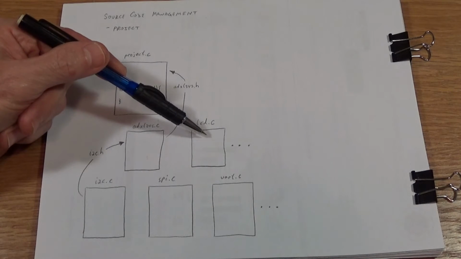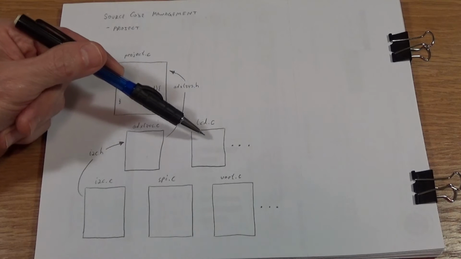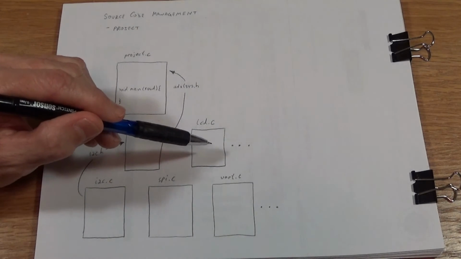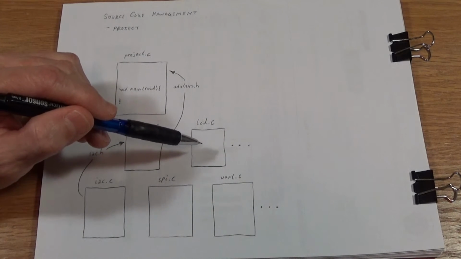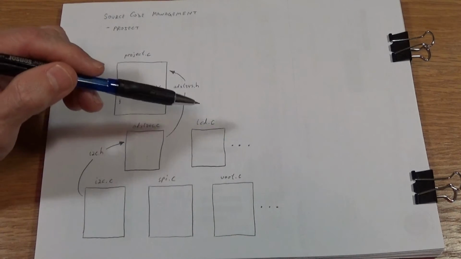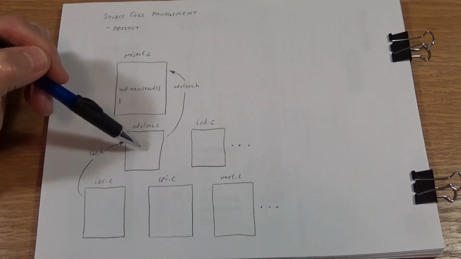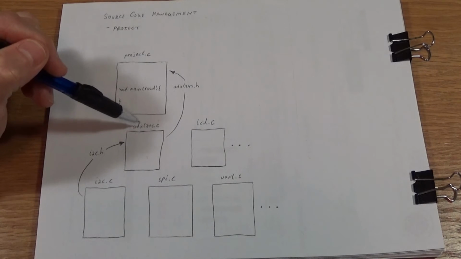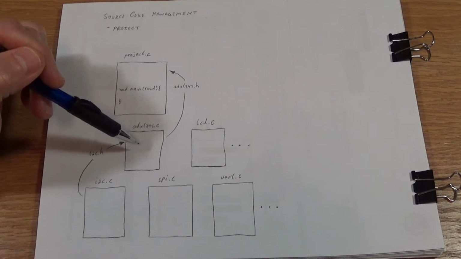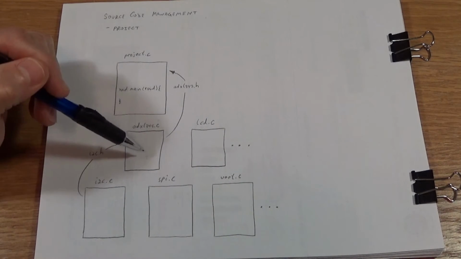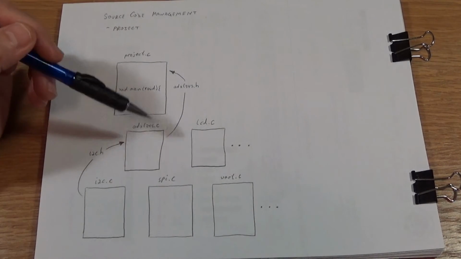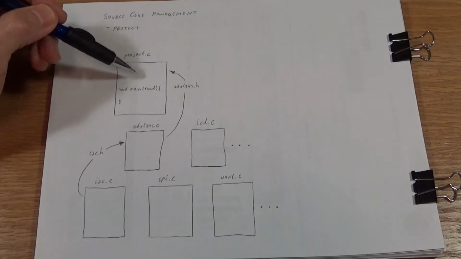You could put an initialization routine there that wakes up the liquid crystal display and sets it up the way you want it to work, and then functions in here that write characters to the display, put them on a certain location on the display, clear the display, all kinds of different things you can do. And again, you would just write the code for this one device in this file here, and do it independently of everything else and get it working, and then you can forget about it. The next time you want to use the accelerometer, the code's already written, you just include it in your main